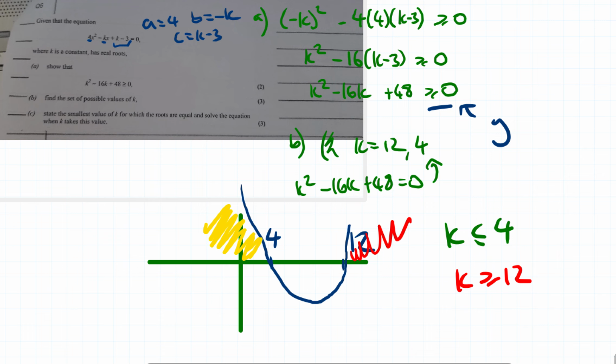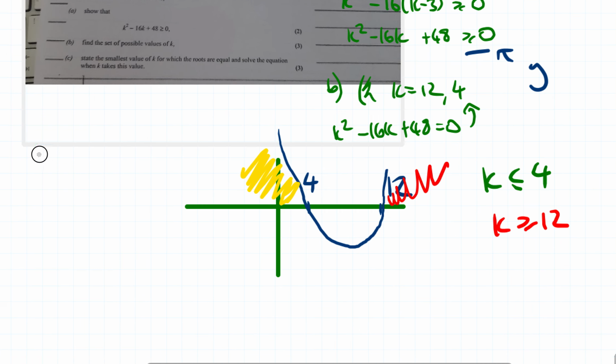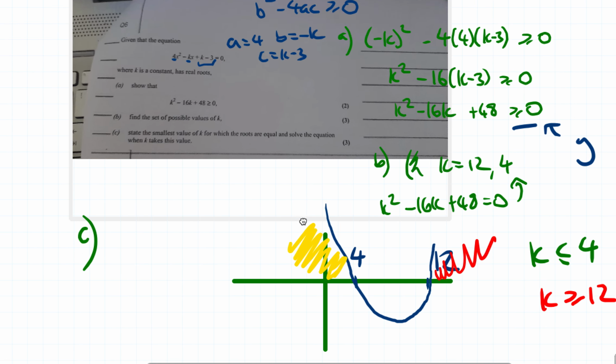For part C, state the smallest value of k for which the roots are equal and solve the equation when k takes its value. So for the roots to be equal, b squared minus 4ac has to equal 0. For that one here, we go back to our answer. So we originally said that k squared minus 16k plus 48 equals 0. Well, the results you got from here will give you the values where b squared minus 4ac is equal to 0. So here k is equal to 4,